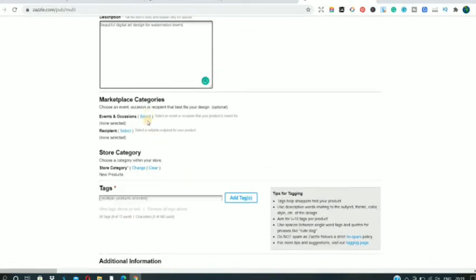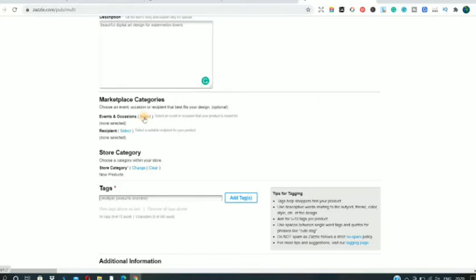Now, one thing I want to tell you guys, which is not common on other print-on-demand websites, is that you can select your design for one particular event or occasion on Jazzle, which is really awesome. Suppose you are targeting a trending niche, the coming new year, or Valentine's, Easter, or December, like if you are targeting holidays, and you have trending designs, then you can select the occasions and events you are targeting, and Jazzle will select your design according to that event and occasion and show it to people who are searching for that particular event or occasion.